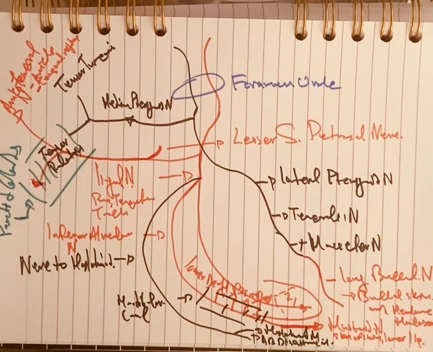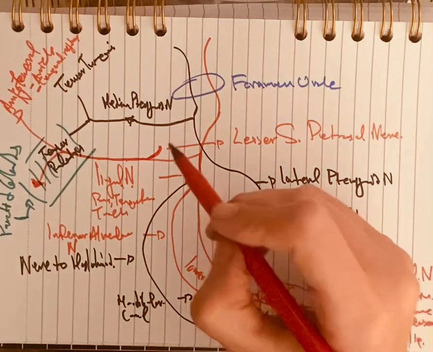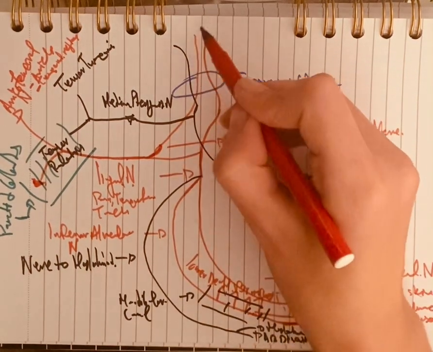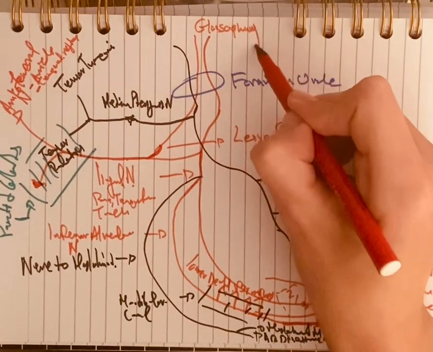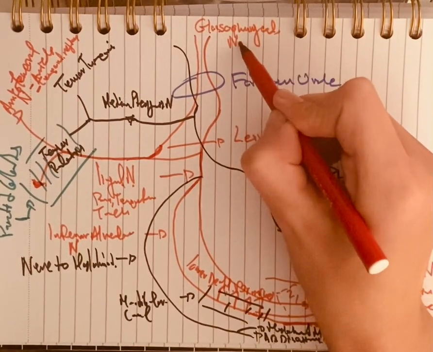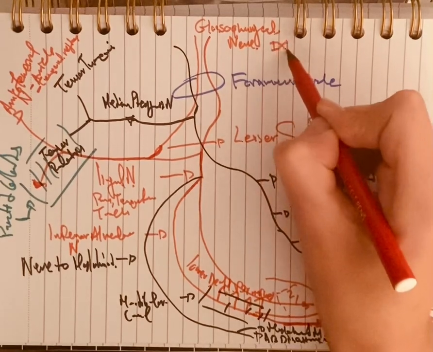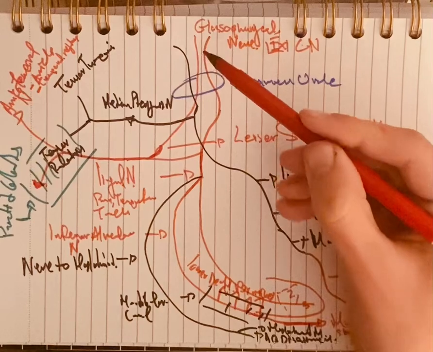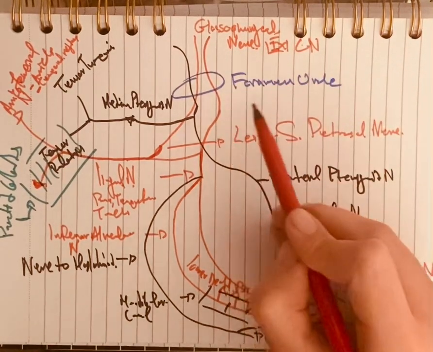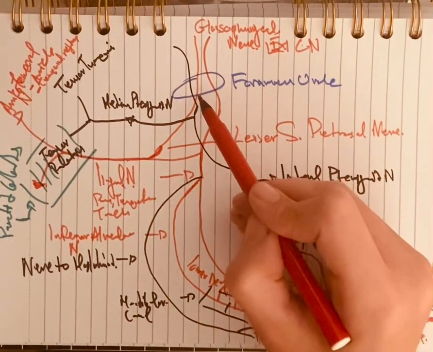This branch originated from the glossopharyngeal nerve, the ninth cranial nerve, that passes from the foramen ovale